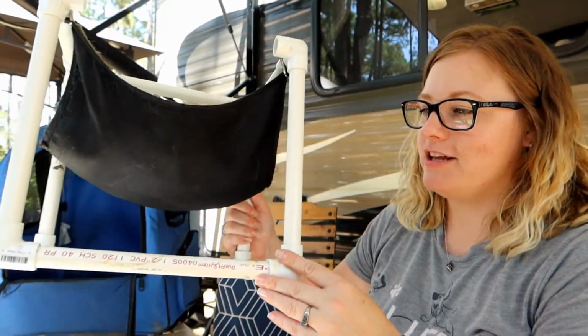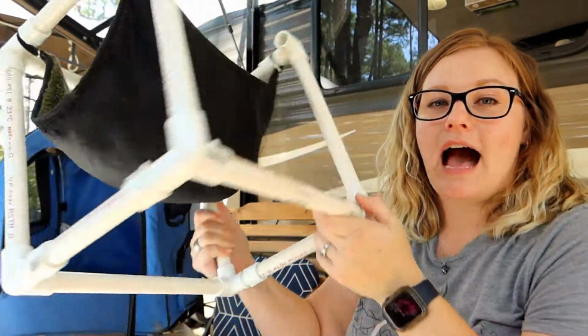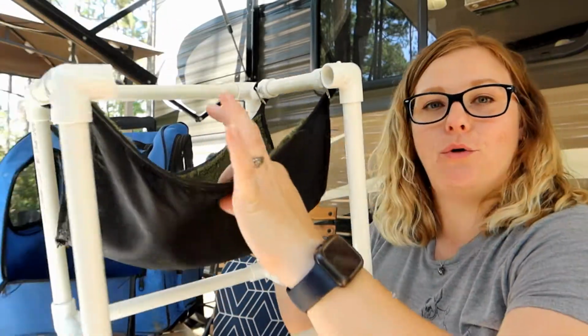Alright, what we did to make this better is, our ferrets really like hammocks. We also were concerned about potty time. While we let them out a lot, normally we get them out of the bag before they have to go to the bathroom, sometimes they have accidents on the inside. And in that case, we didn't want them sitting in the bottom if they happen to pee in there, because that's gross. So what my husband built was actually a frame out of PVC pipe to hold a hammock